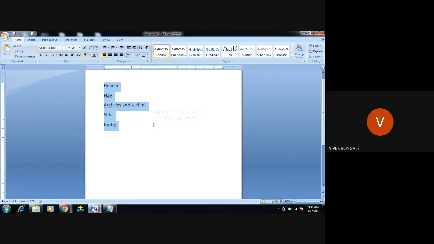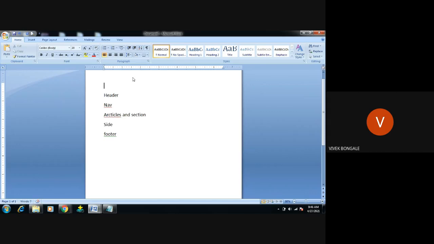If you open any web page, in the header part, either it will have some logo or some headings. Then above that, you will have some navigation, and below your header, you have some articles and section, what we want to display to the users. In the side part, it may be an advertisement, or an advertisement of the particular company, of that particular website only, right? And in the footer, there will be some copyright symbol or other things we're going to add there. This is the structure of the HTML5 page.